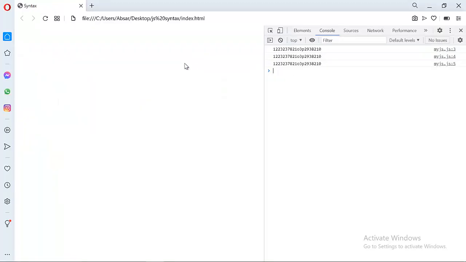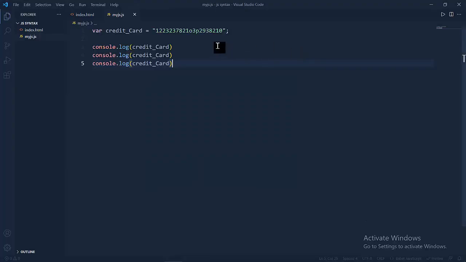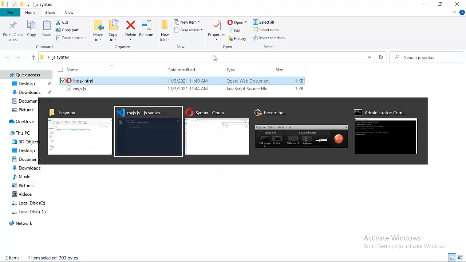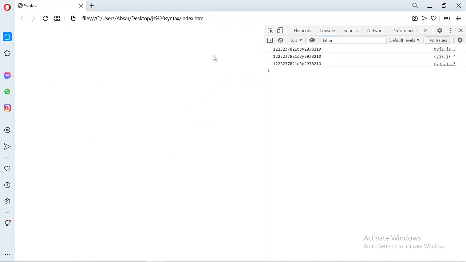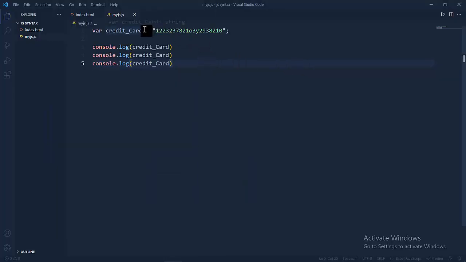But if you want to change this P to Y, how can you do this? It's very simple. You come here and replace this P variable with Y. Once you refresh again, all the values are changed at once. So remember, if you don't have this variable here and you have this string instead,